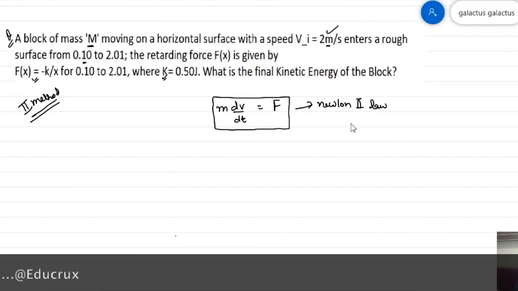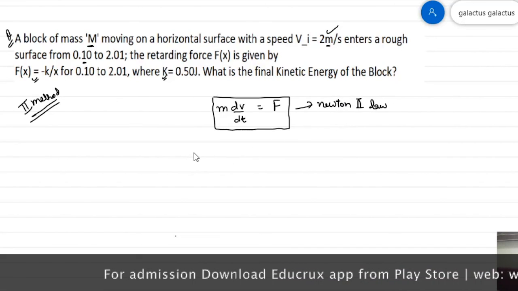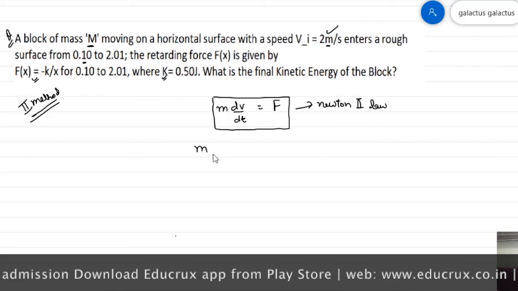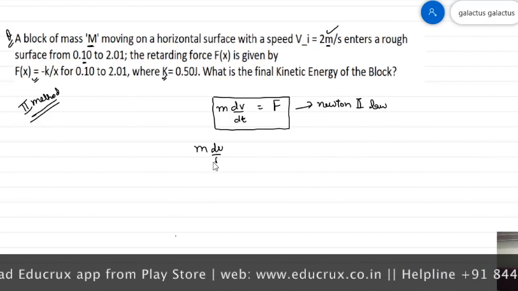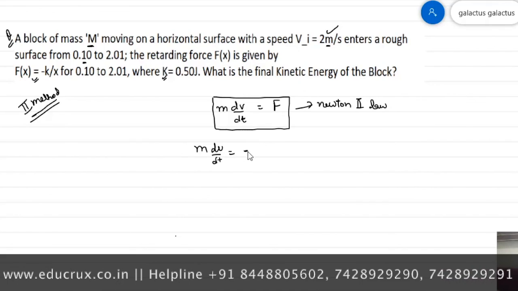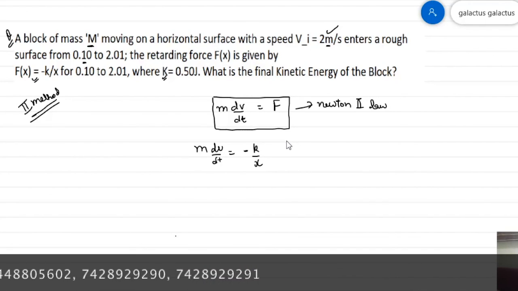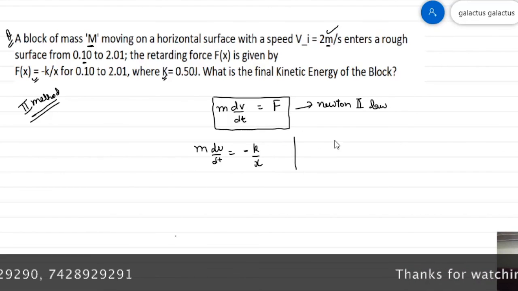Newton's second law says that the force on the particle is equal to the rate of change of momentum, that is how the momentum is changing with time. If I now substitute m dv by dt on the left, and in place of F I substitute the value for this force, that is minus k by x,